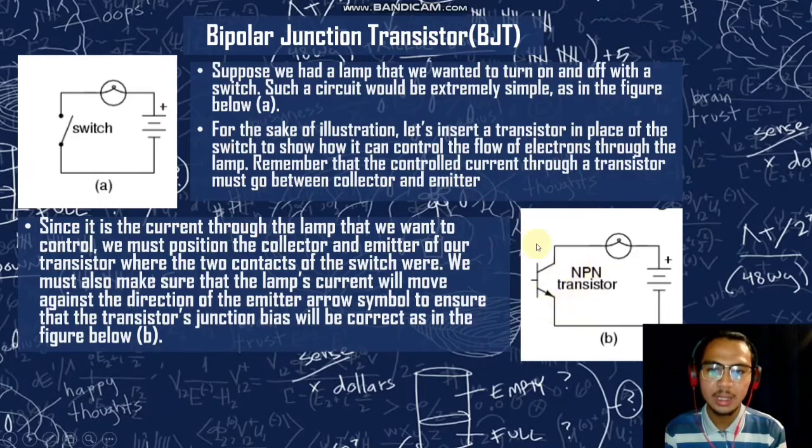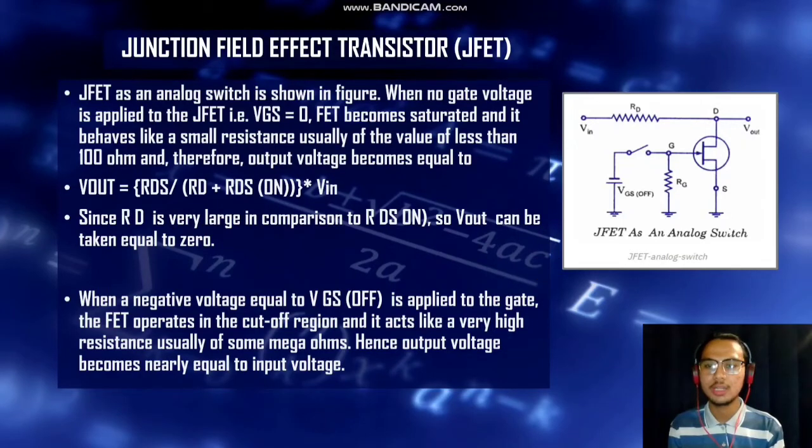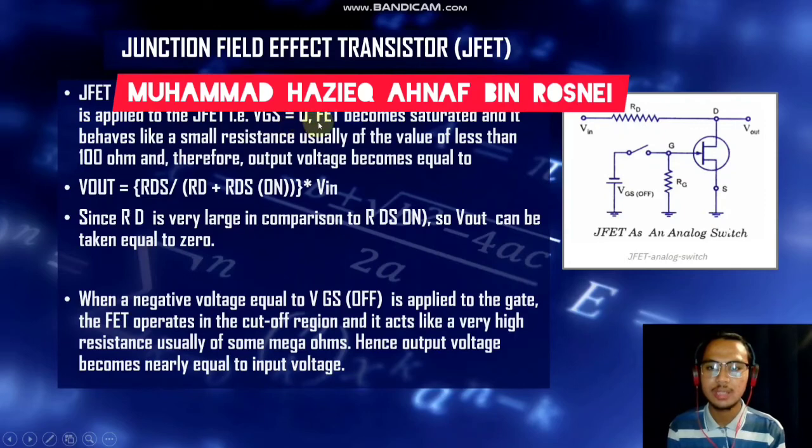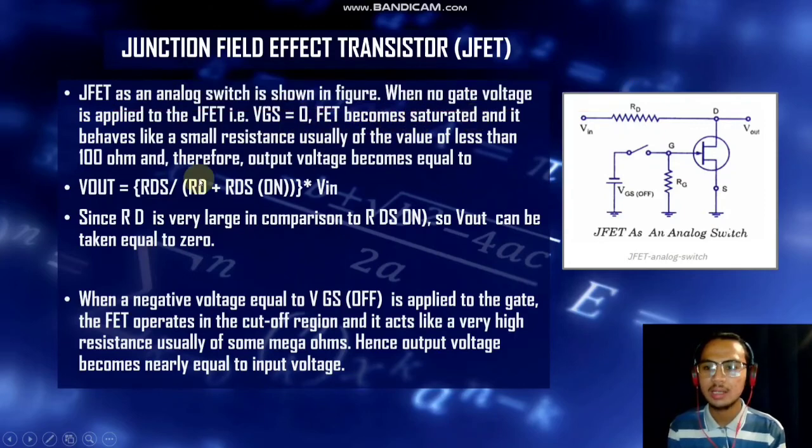For BJT, it also can be switched. Okay, next we go to the junction field effect transistor. JFET as an analog switch is shown in the figure. You can see JFET also can be an analog switch. When no gate voltage is applied to the JFET, VGS equals 0, JFET becomes saturated and it behaves like